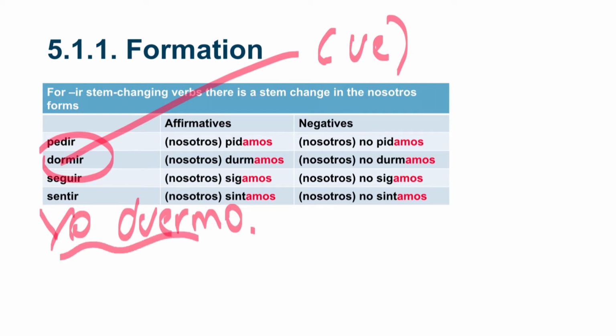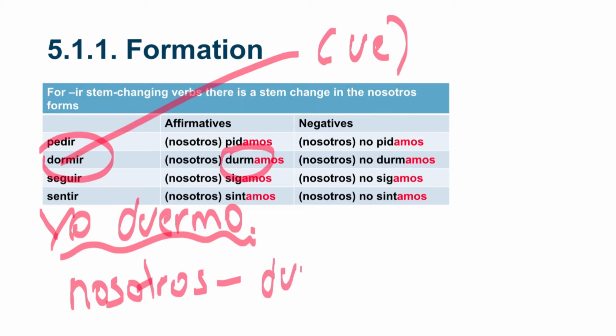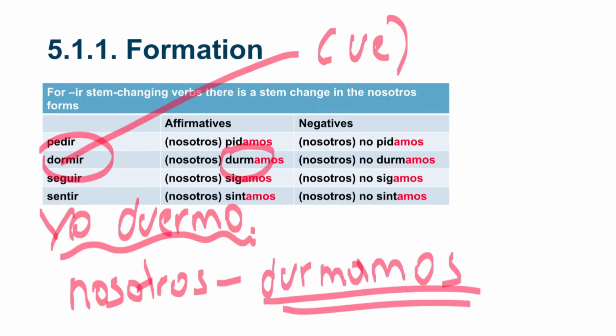In the present, right? So it's going to have a change. From dormir, it's going to change to a U in this case. Nosotros durmamos.